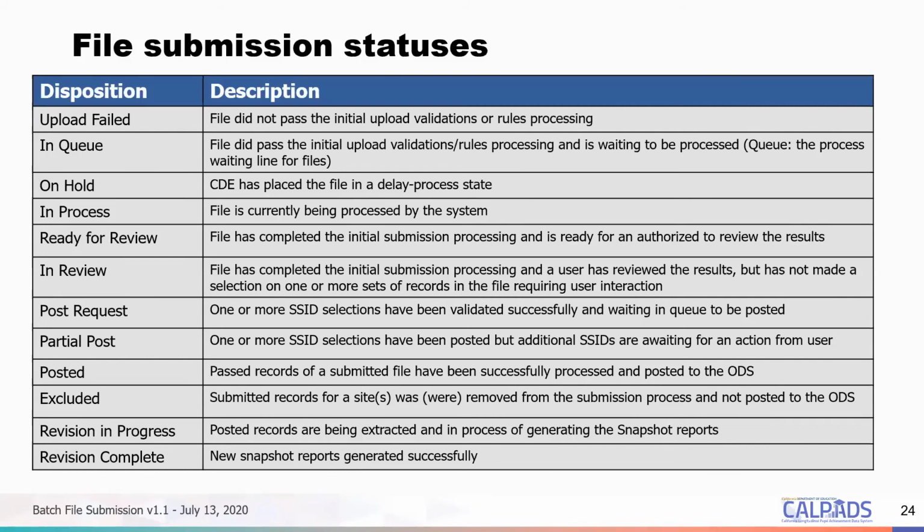When you're early in the submission window, you don't notice these statuses very much because you'll submit your file, go do other things, come back, post the file, go do other things, and then it will say revision complete. But when you are constantly monitoring your data near a deadline and you're waiting for your records to be applied to your snapshot, you may see revision in progress, then revision complete. Only when it says revision complete are you guaranteed that the data within your file are part of your most recent snapshot or part of a snapshot.